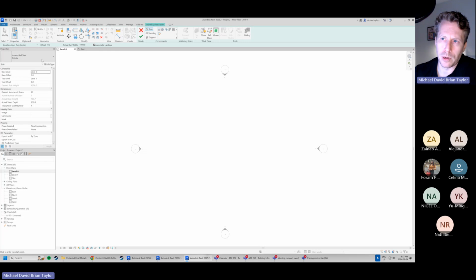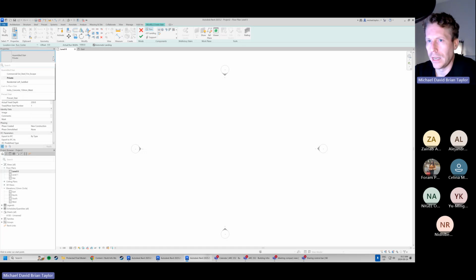In the properties palette, we'll see we've got the type selector with our little drop-down menu here. This is going to give us the type of stair that we'd like to draw or model today. If you click down, you should see a couple of different types. If you'd like to follow along exactly with me, I welcome you to. But if you do want to see other types, you'll have